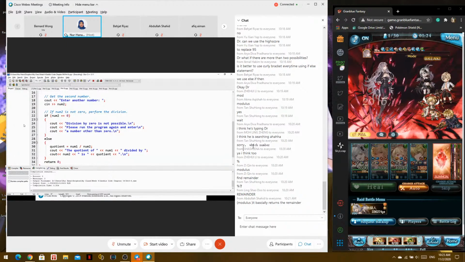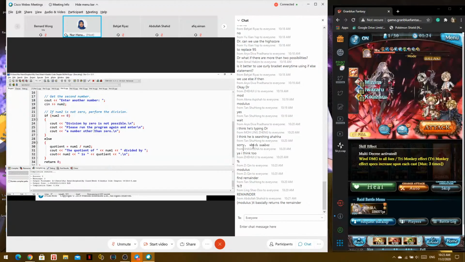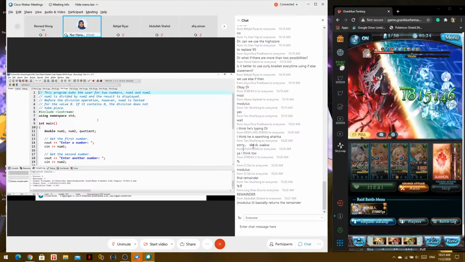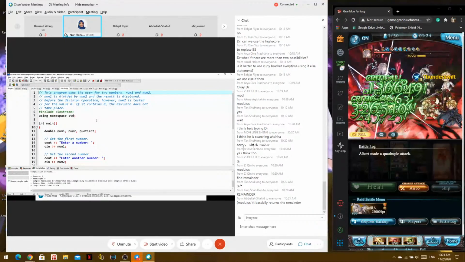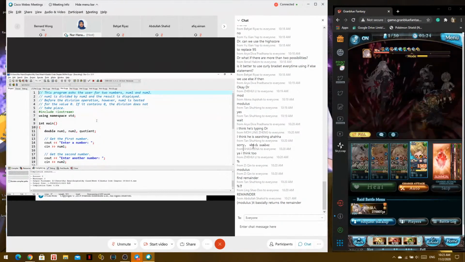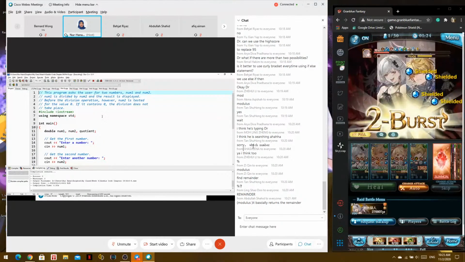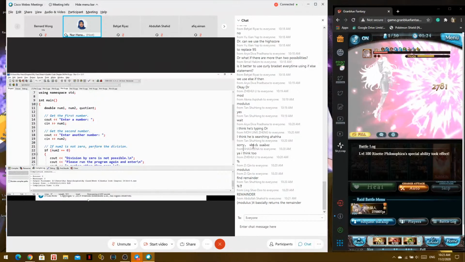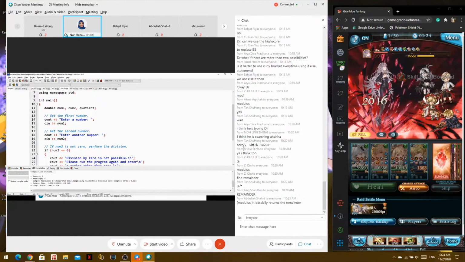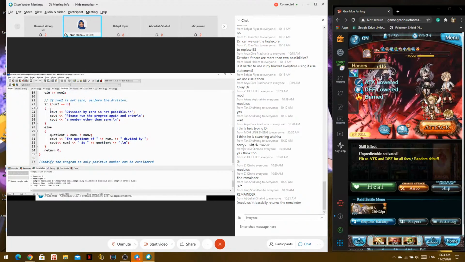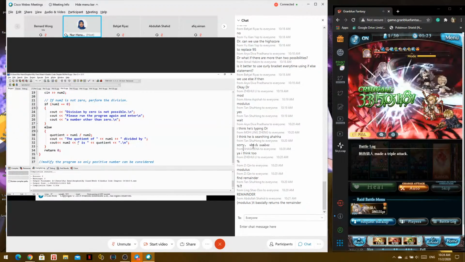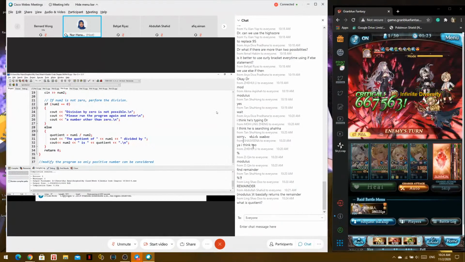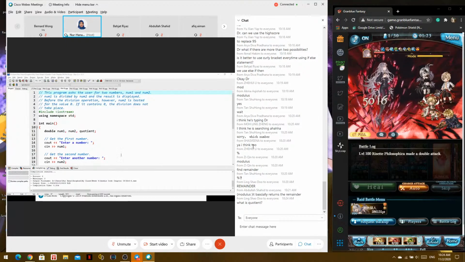divisible by 0 or not. Given two numbers, determine whether the number can be divided or not. If the second number, okay, this is the divisible operation. If the second number is 0, then you must not accept it. Else you have to, so quotient is